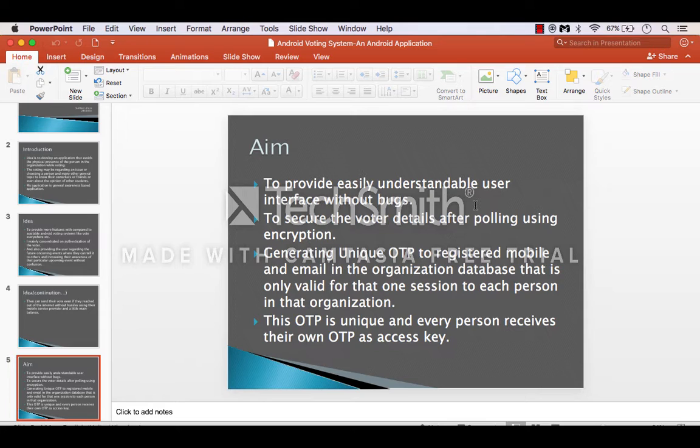A unique OTP is generated to the registered mobile and email in the organization database, and it is only valid for that one session. Many people will wonder how this voting will be successful, since in physical presence people might try to cheat by casting many votes using this application.